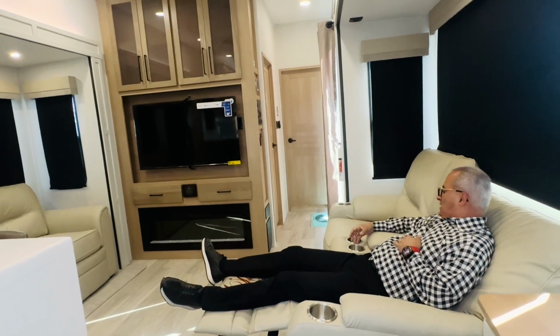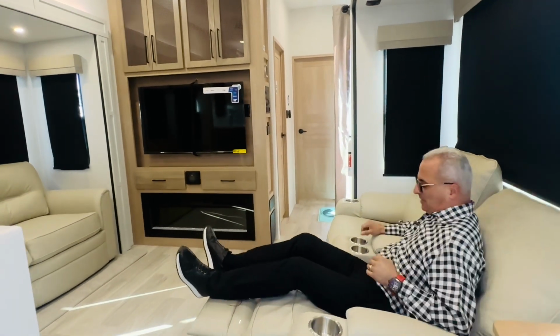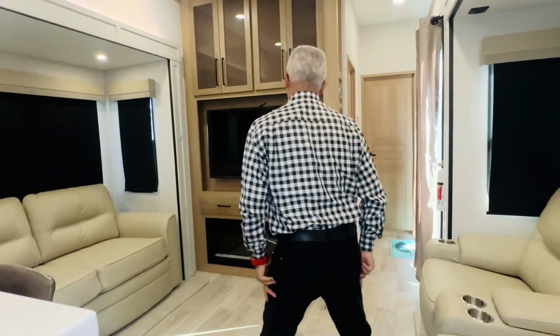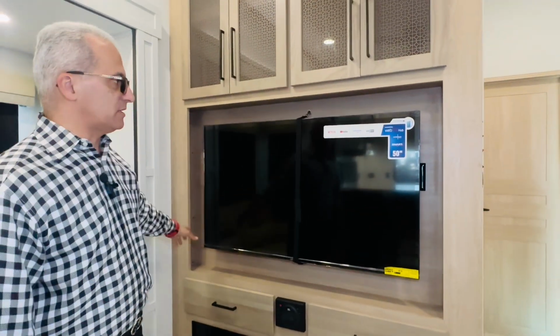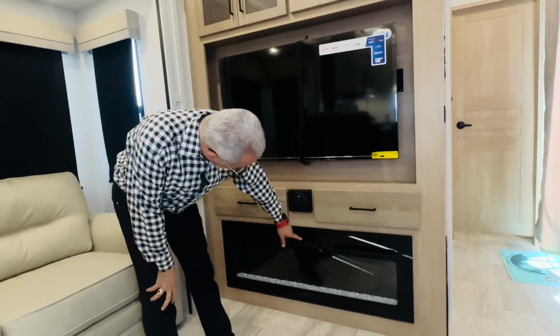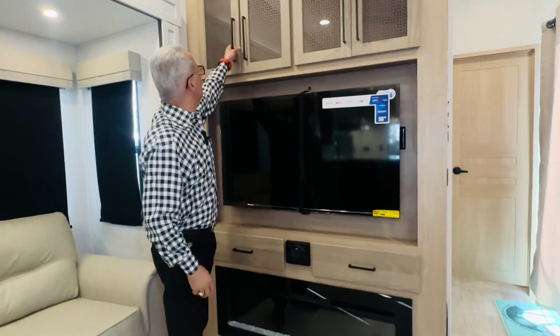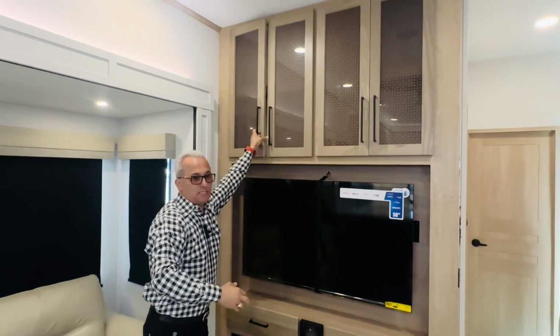I have a place for my cup holder, a place for my remote control. It's amazing. I mean, I could take a nap and sleep while I'm watching a TV. Then over here you have all the top-notch smart TV, 50-inch. You have the bigger fireplace. Look how big it is. Not the 30-inch. That's the stereo with the Bluetooth. I love this glass cabinet over your TV. So as you see in the video,